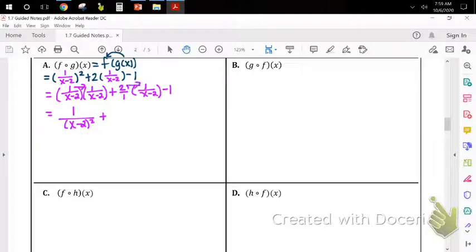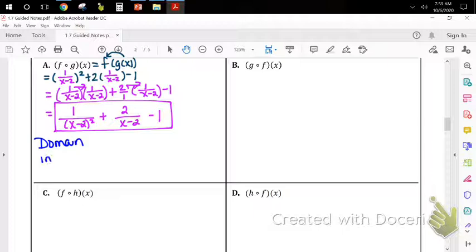And then here we're going to multiply straight across. So we get 2 over x minus 2. And then minus 1. And unless we want to find a least common denominator so that we can combine all of these, I will let you stop here for this. Reason is because this is enough that I can go ahead and find my domain. So remember, your domain, you have to look at your input and your output. So I'm going to change colors here. So for domain,